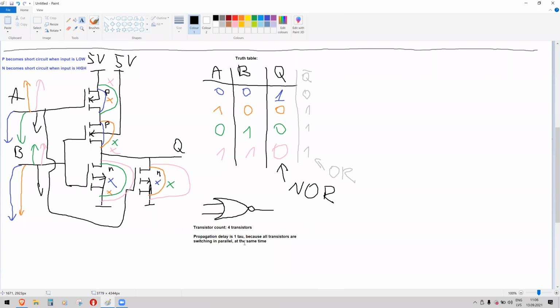But I will give you an example where propagation delay will indeed be 2 taus, but not in this case. And finally, a trick question: can we build a NOR element with more than 2 inputs? What if I would want to build a NOR element with 3 inputs? Is it possible? The definition of NOR element is all inputs 0, output is 1, and in all other cases,